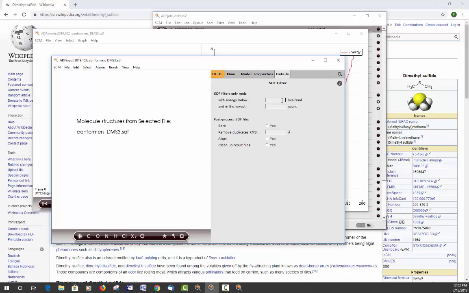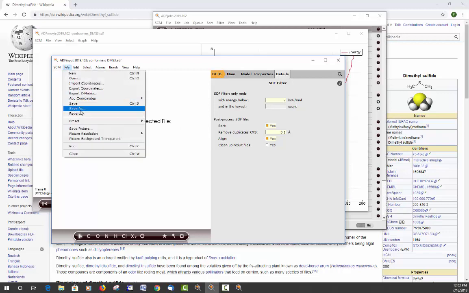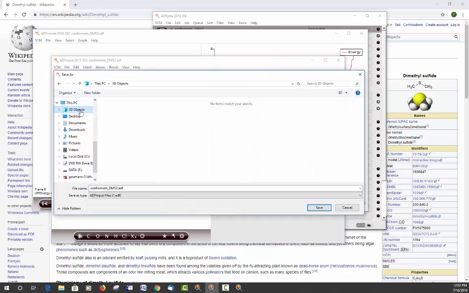So let's say we want to include all conformations which are within 2 kilocalories per mole, and once it's done the re-optimization with DFTB, we want to resort them and also get rid of any duplicates and also realign all the structures. So we save this as conformers